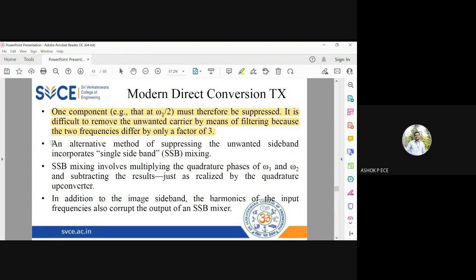So we can go for SSB, which is called single sideband mixing or single sideband suppression. So I'm going to multiply the quadrature phase of omega 1 and omega 2, and I'm going to subtract, which is going to ensure that one signal is cancelled out and the other signal is going to reach the transmitter. So in addition to the image sideband, the harmonics of the input will also corrupt the output of